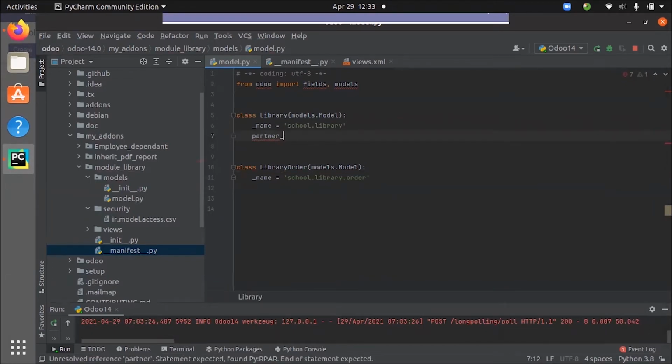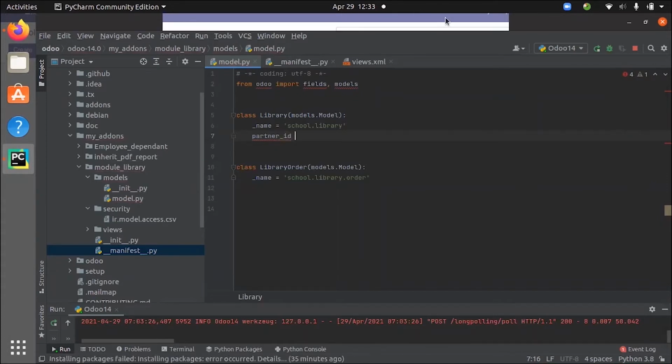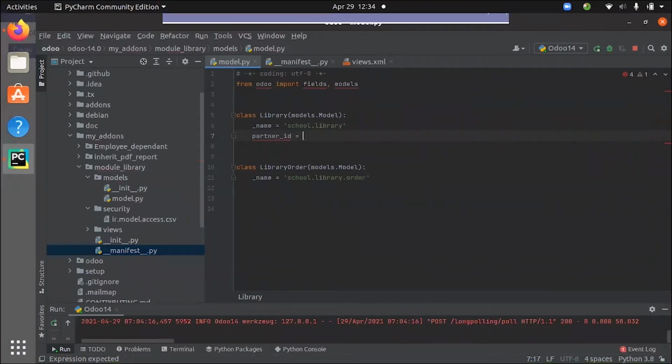I'm creating partner_id equal to fields.Many2one. Here I have to define the comodel.